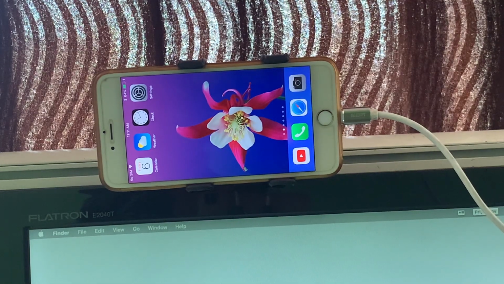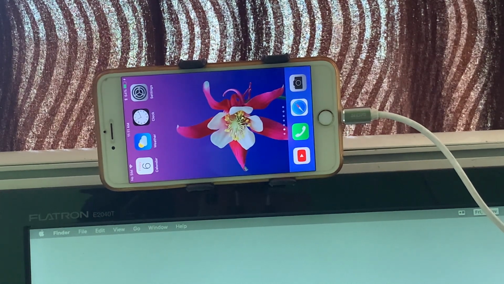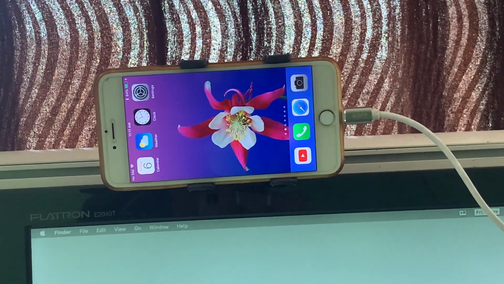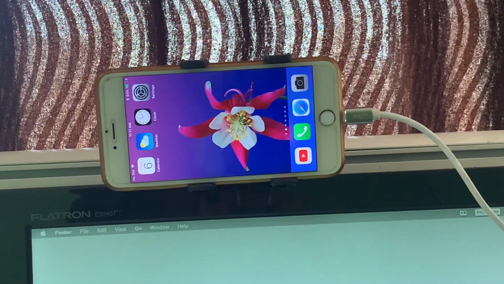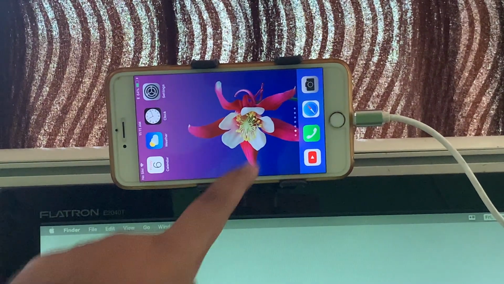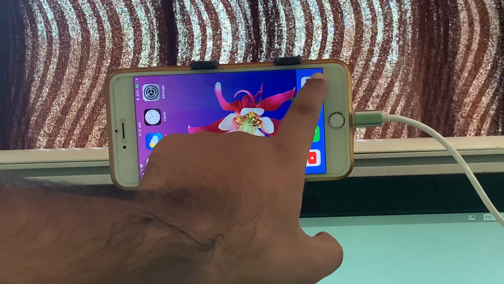Now the next thing that you have to do is mount your iPhone over your monitor as I have just shown. You can use any available tripod or any other accessory which could be used to mount the iPhone over the monitor. Now you have to open the camera application on the iPhone. So here I will go and open the camera application.